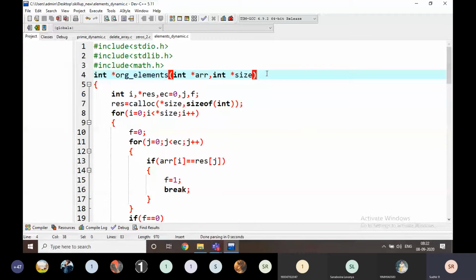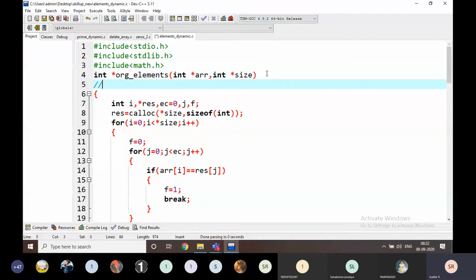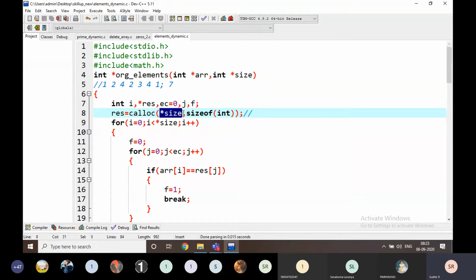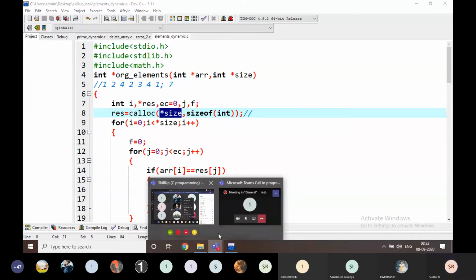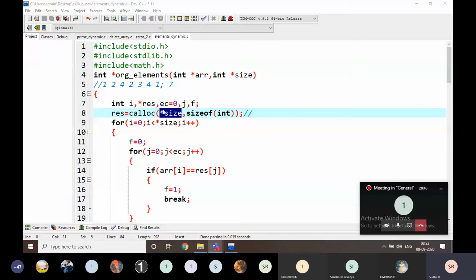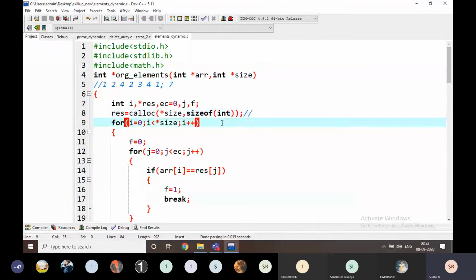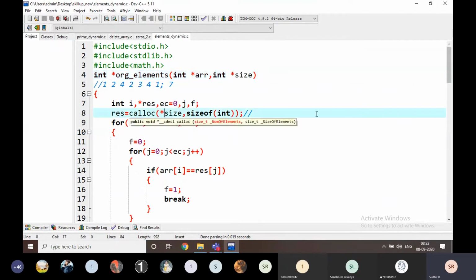What are the array values here? These are the array values, and the size is going to be 7. Just listen carefully everyone what I am doing here. Why am I writing star size instead of size here? Anyone? Students? We are passing values, sir. Here I am passing that star size is a value, size is an address. That's why I am modifying this one as star size. Okay, is it clear everyone?